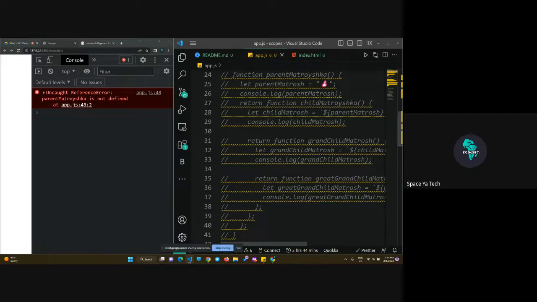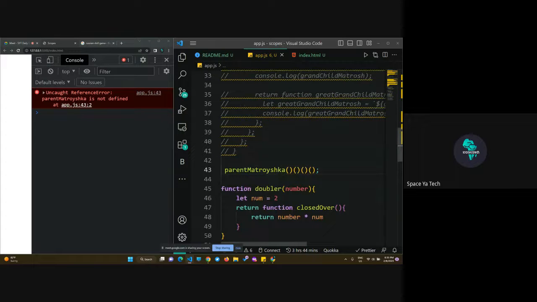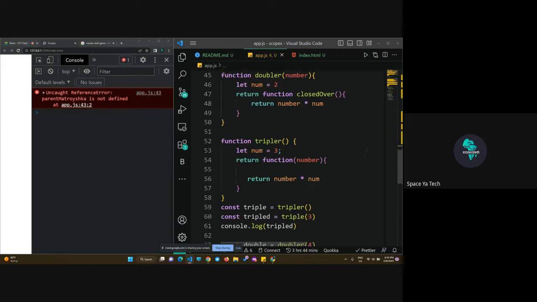If you have that mental image now in your head, because here you can see we have multiple parentheses because we still need access to the initial parent because the parent is what we're going to use to call the rest of the functions. That's why zinafuatana hivyo. But here we are not doing that. We are executing the parent function, inamalizana nayo, and then we use